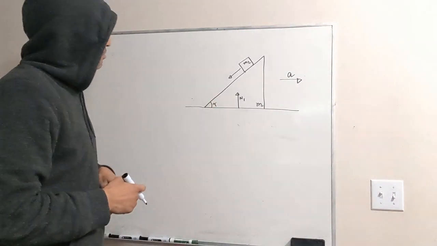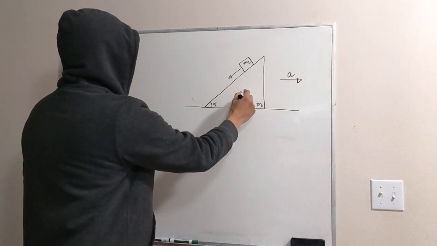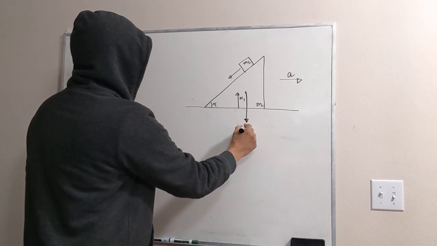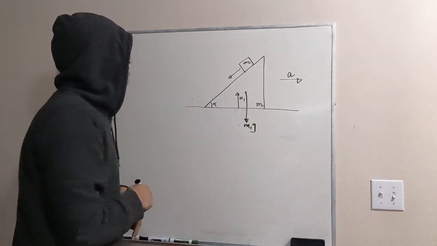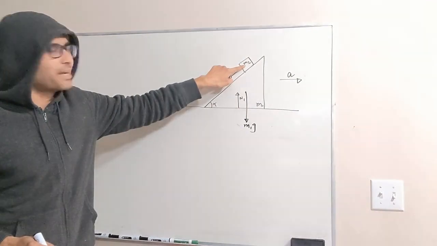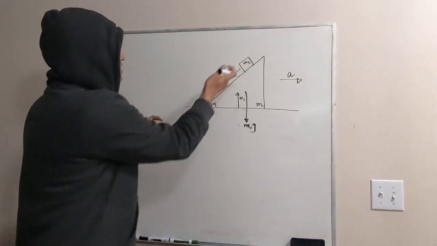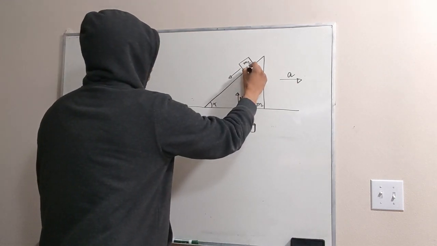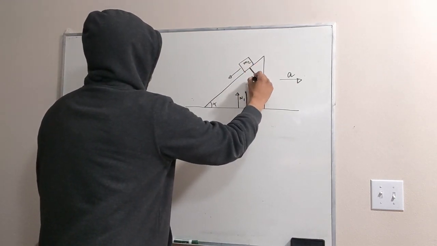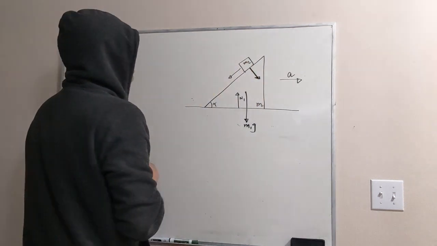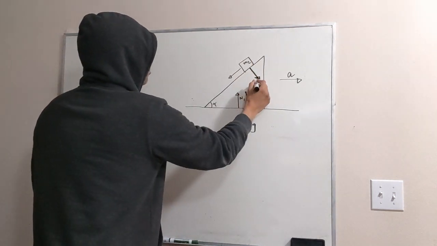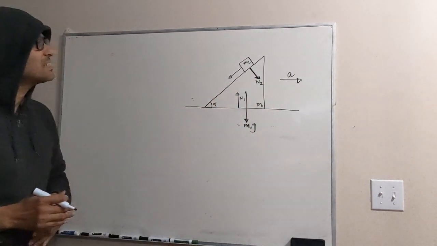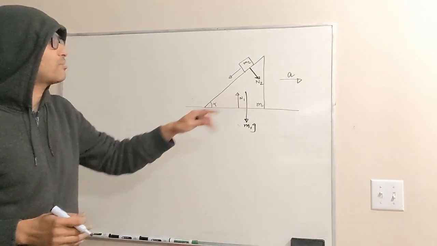Now that is a normal reaction. What other forces acting on this object? Definitely this object has a mass, so there is a weight, the pull of the gravity in this direction, which is m1g. What else? So this object, the m2, there is also a surface contact, right, between m2 and m1. So here m2 is also giving a normal reaction perpendicular to this surface. So this normal reaction is n2. So these are essentially the three forces that are acting on this object.